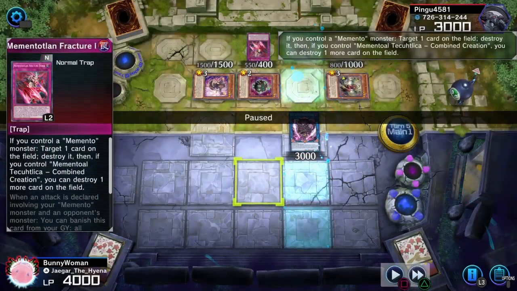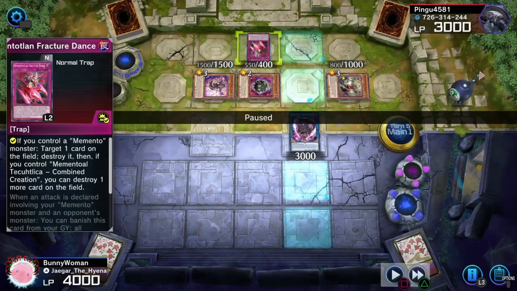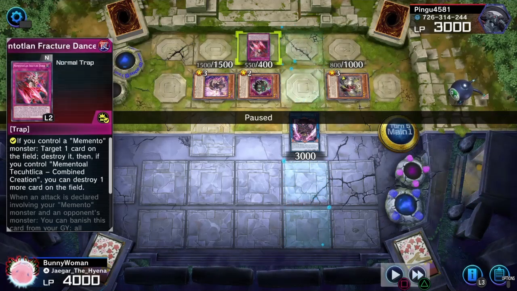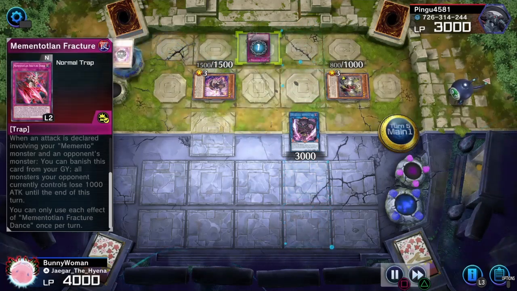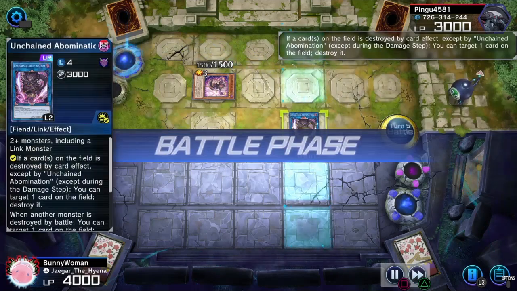And from here, I don't know if my opponent made a misplay or what, but they activate the trap. Now, the trap will destroy one of their monsters, but it only destroys one of my cards if they have the Combined Creation. I don't know how they destroyed a card with it before? Because they didn't have Creation out? I don't know if there's like a glitch with this card, whatever. But this allows them to pop one of their cards and not mine, which allows my Abomination to pop their